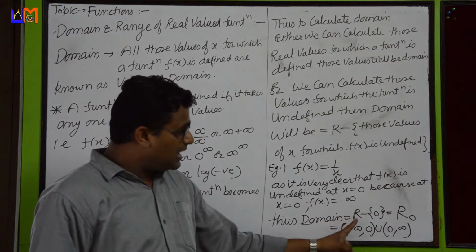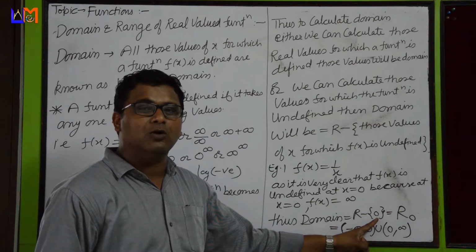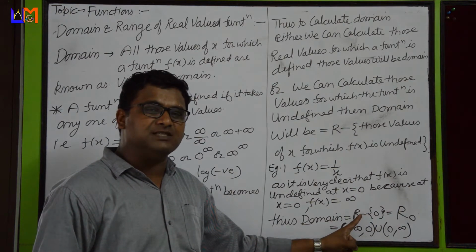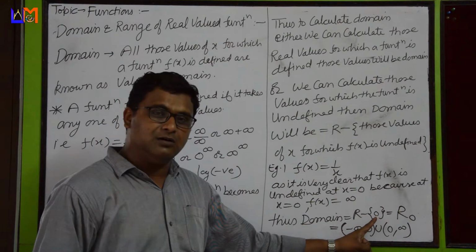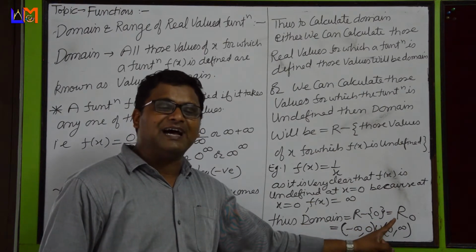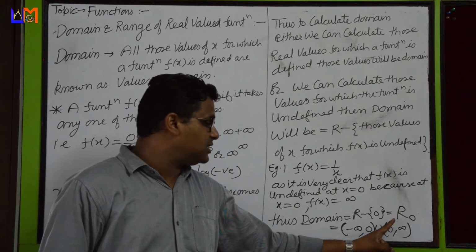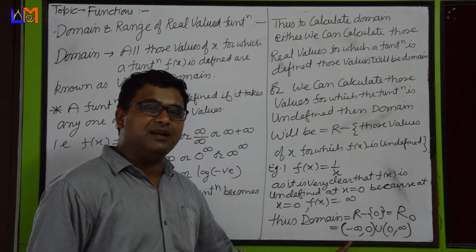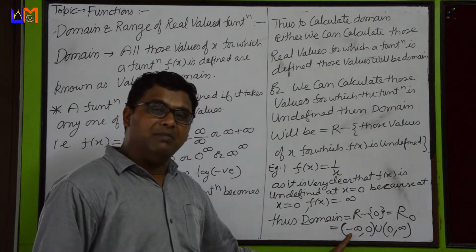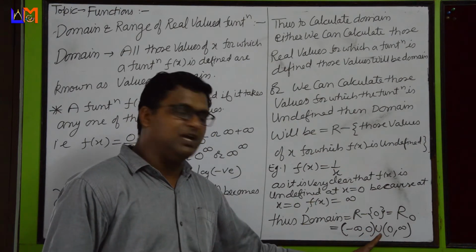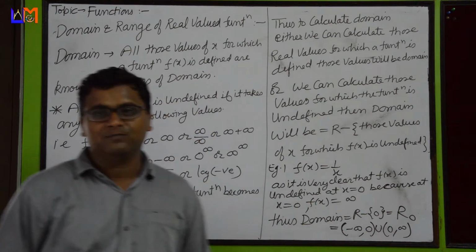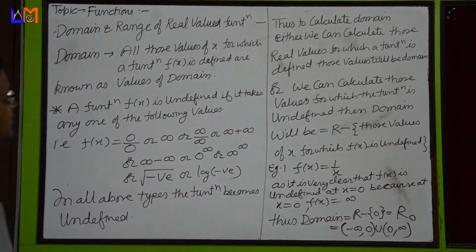अब यहां डोमेन को लिखने के तीन तरीके हो सकते हैं। देयर आर थ्री वेज टू राइट द डोमेन. r minus curly braces 0 means all real numbers में से we have deducted 0. We can write it r0. r0 means भी यही होता है all real numbers except 0. Third way to write it in intervals minus infinity to 0 union 0 to infinity. आप इसको नोट डाउन कर सकते हैं।